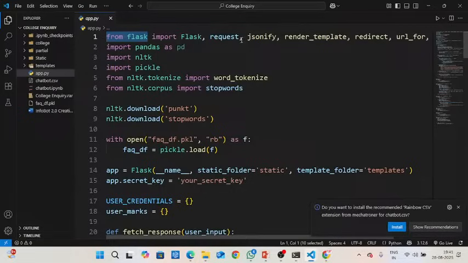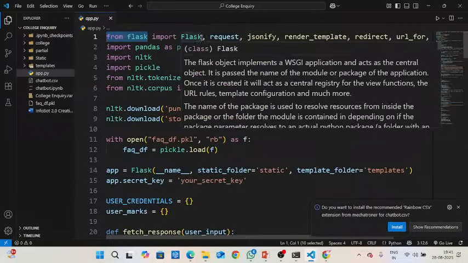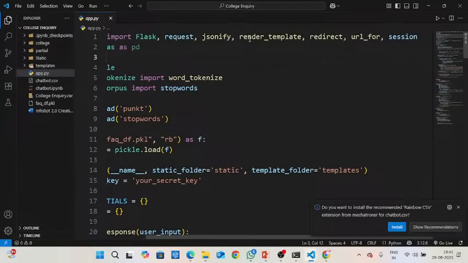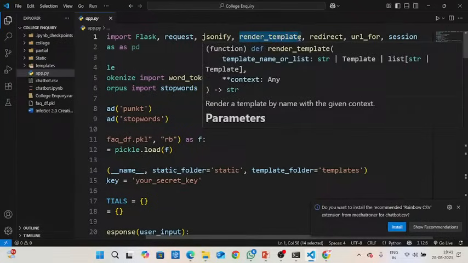From Flask, first I am importing Flask and then request. I want to get the data from the user, so I am using request, and jsonify to get the input in a format, and render template. If anyone clicks on the page, it will move to the next page.